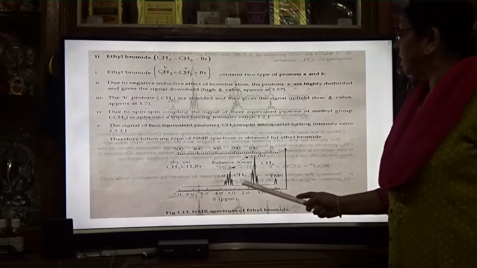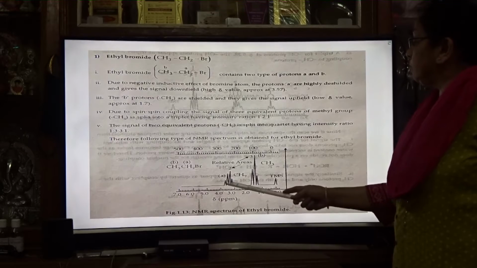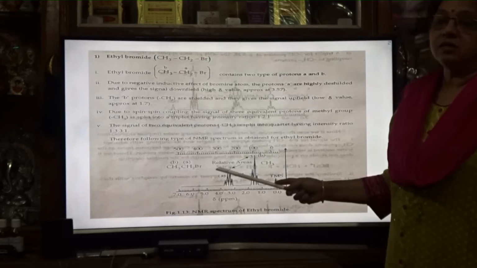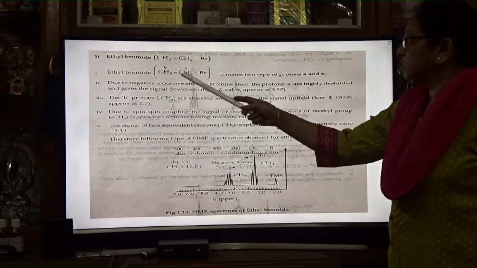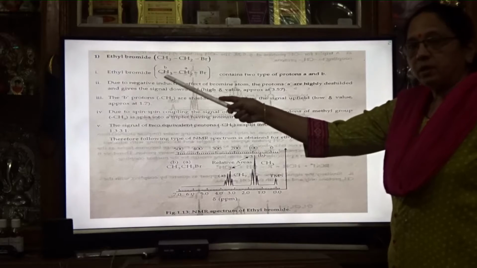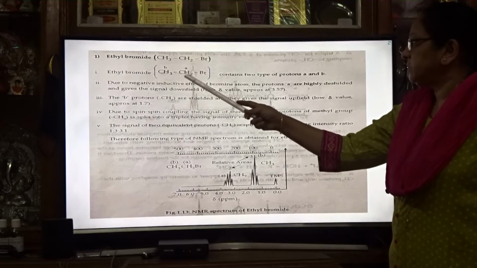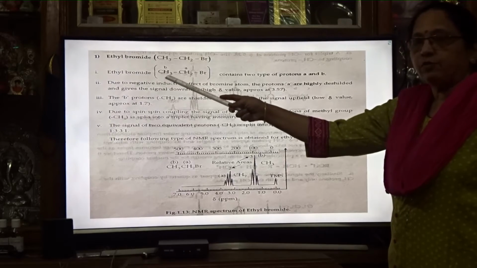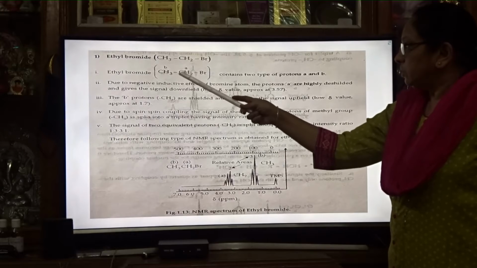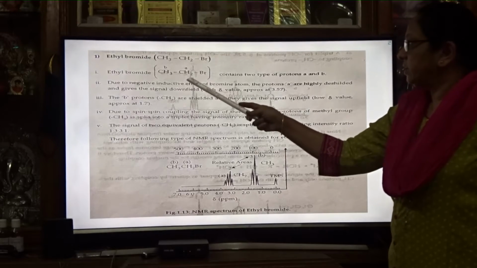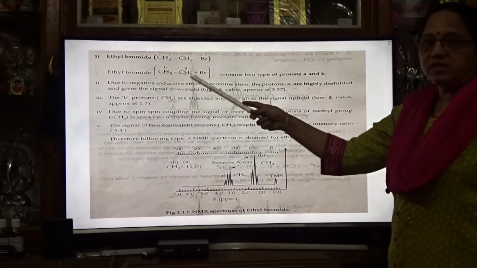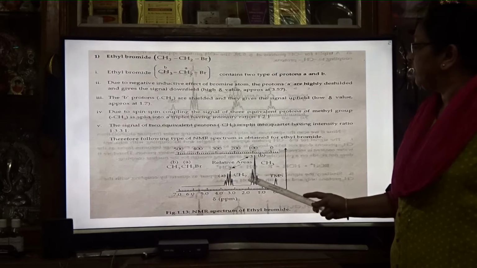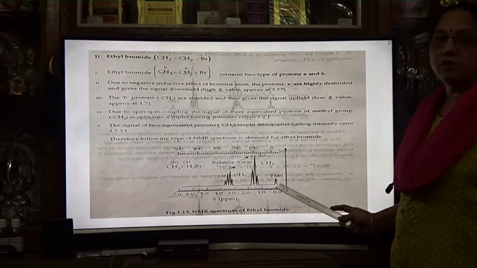So we are seeing here there are two peaks, and the splitting of the signal, as I have told you in the previous class, depends upon the neighboring protons. It depends upon how many protons are on the neighboring carbon plus 1, that is N plus 1. That means CH2 has 3 protons on the side, so 3 plus 1 is 4. So CH2 has a quartet and CH3 has a triplet, because on its side there are 2, and 2 plus 1 is 3. So CH2 is having a quartet and CH3 a triplet, and this is the signal for TMS.